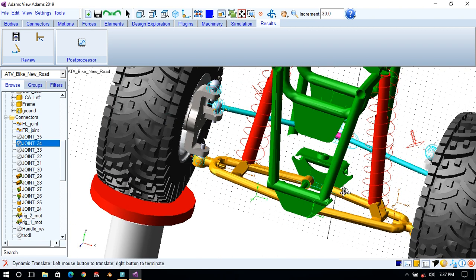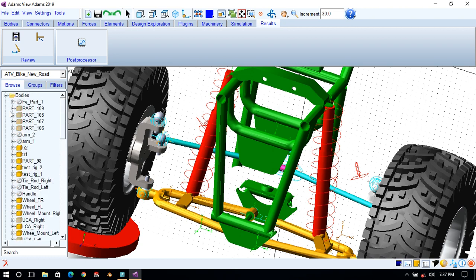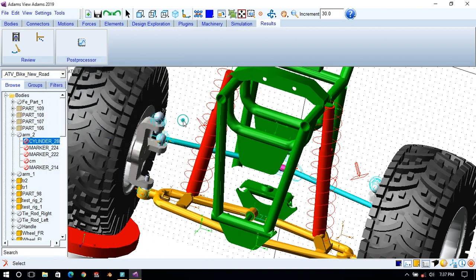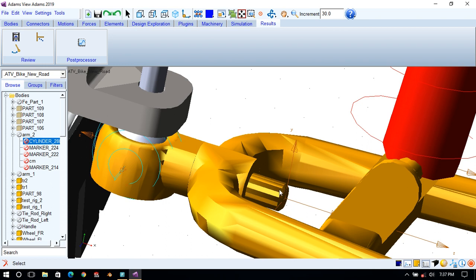So first we will create these two arms. If we see arm 1 and arm 2 cylinders, each has a length of 40 mm. I have kept a radius of 5 mm. So I will create this first. Here if you see, this is a cylindrical part at the center. So we will choose the starting point at this center. There is a previous marker already available. If it is not there, it's okay, because it will prompt the center automatically.